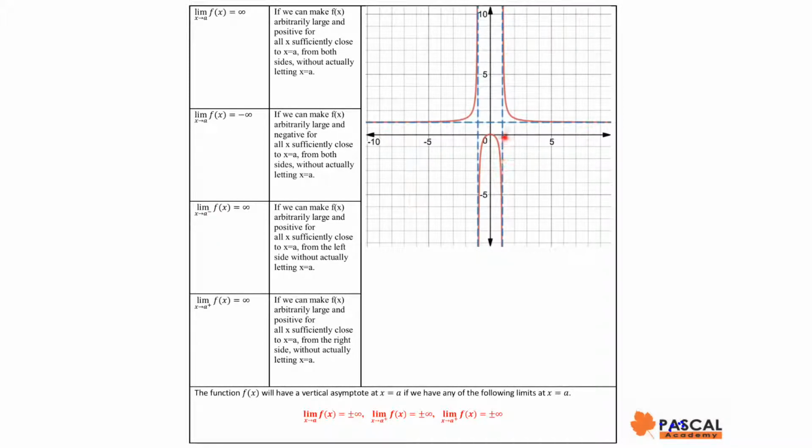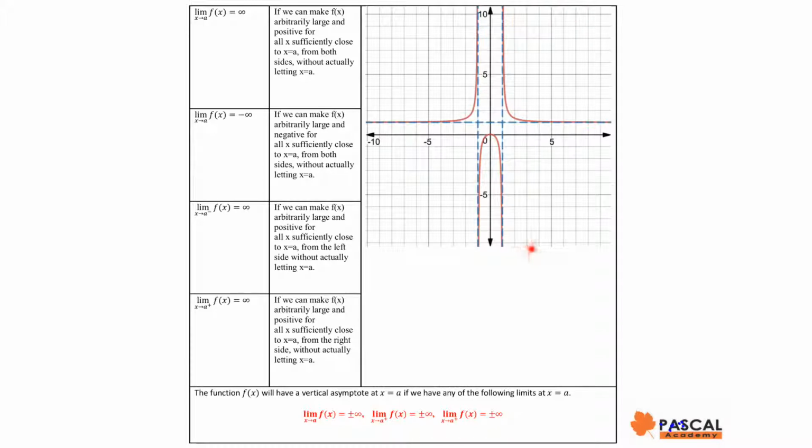Let's look at this example. At x equals 1, the function is undefined. When x approaches 1 from the right side, limit of f of x is positive infinity, as you see. As x approaches 1 from the left side, limit of f of x is negative infinity. In this case, we say x equals a is the vertical asymptote of the function. In other words, x equals a is the vertical asymptote of f of x